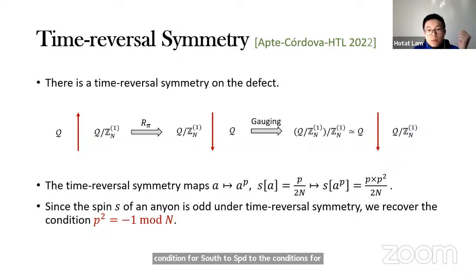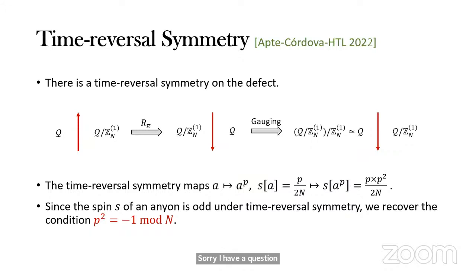Is there any question at this moment? Sorry, I have a question. This condition, P squared equals -1 mod n. Take, for example, n to be a prime number just for simplicity. This is precisely the same condition such that there exists a topological manipulation, namely gauging the one-form symmetry, stacking with SPT phases and so on, which brings you to a theory in which the duality defect becomes invertible with a mixed anomaly with the one-form symmetry. Is there any connection between these two facts?